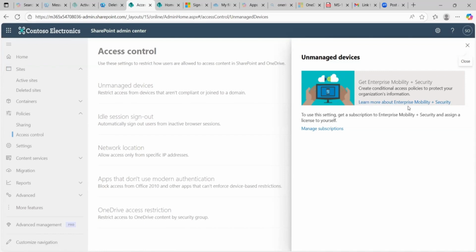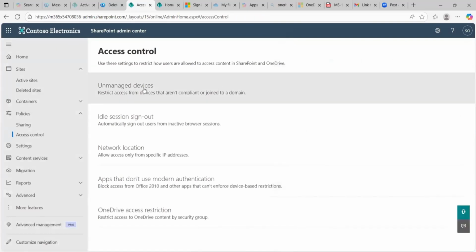E5 license would give you, that's the highest enterprise license that we have. It gives you Enterprise Mobility + Security. So it's required that I grant this particular user that license before they are able to make use of this option. But what this does is, if I have devices that I don't want to have access to my site,